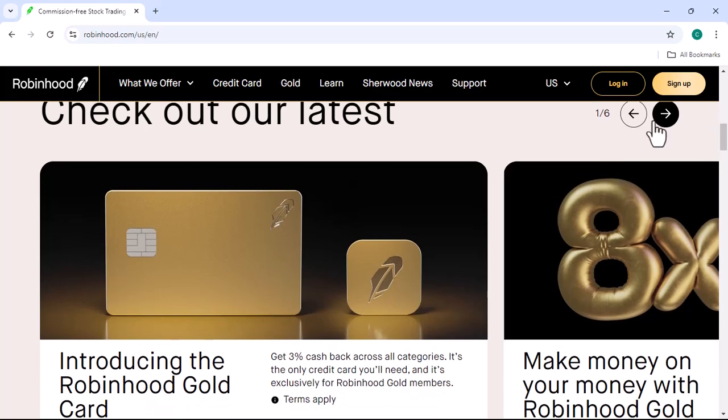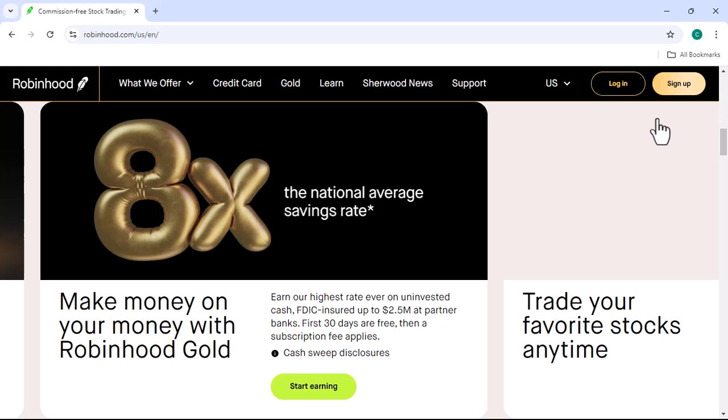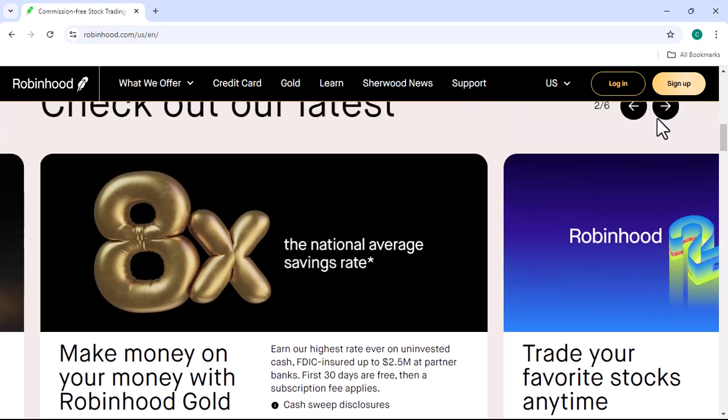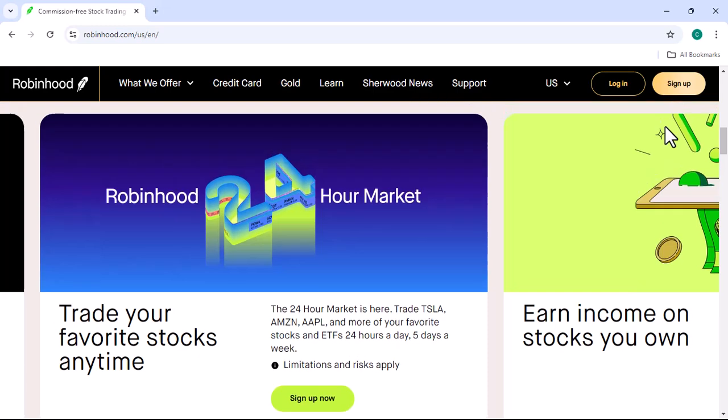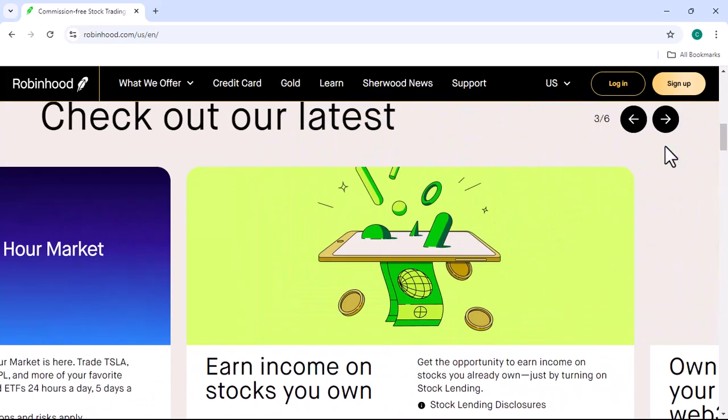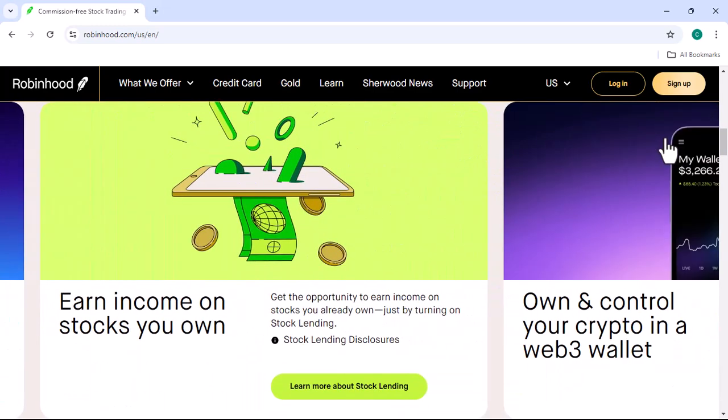Depositing your Robinhood funds to your bank account is a straightforward process that can be completed in a few simple steps. By following the guidelines outlined in this video, you can confidently manage your investments and enjoy the fruits of